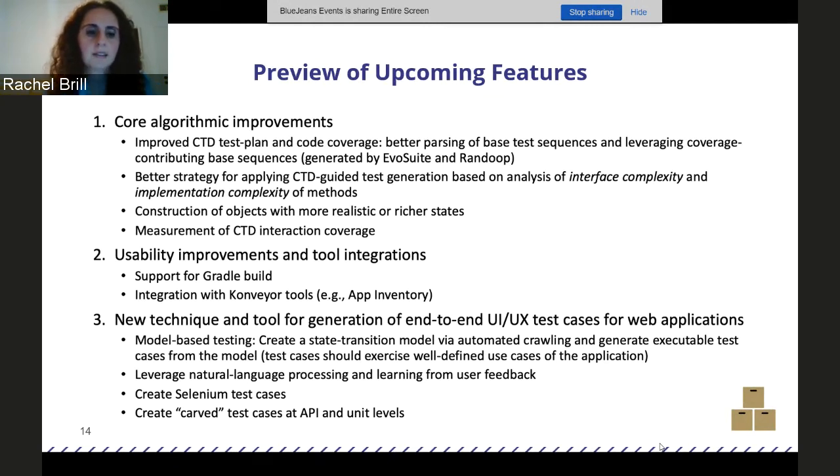And there are also some other features that we want to address in the algorithmic improvements. There are also usability improvements that we want to do, as we mentioned before, support the Gradle build and also integrate with Konveyor tools. And finally, this tooling works only at the unit level, but there's definitely a need also for automatic test generation at other levels of testing, such as UI, UX, end-to-end testing,